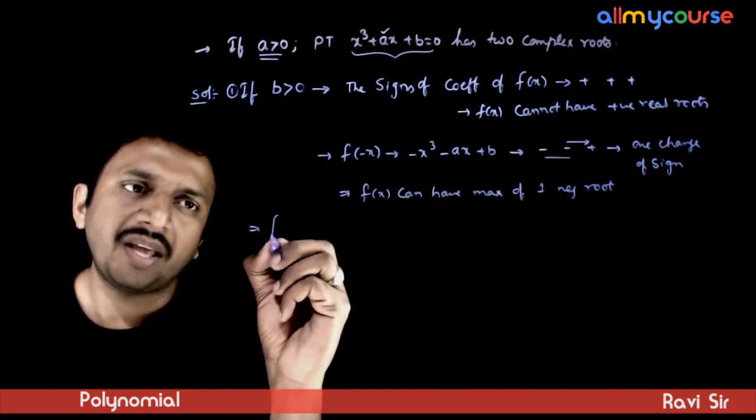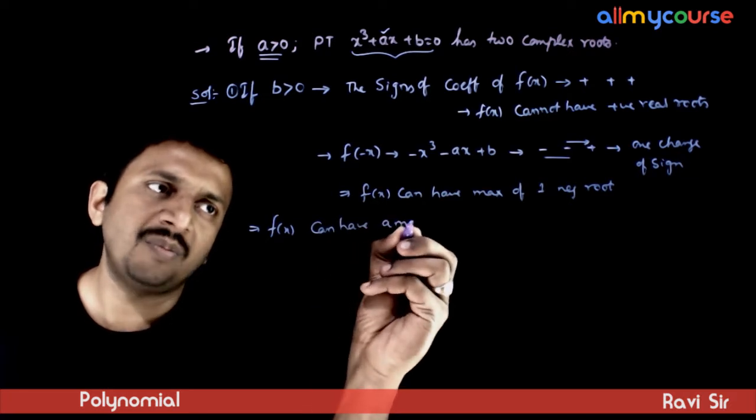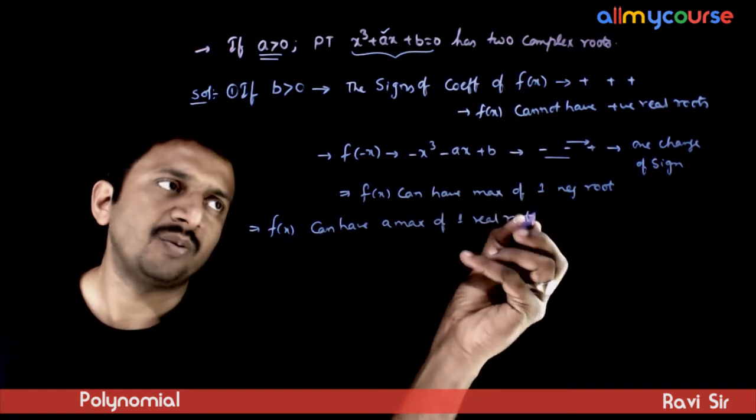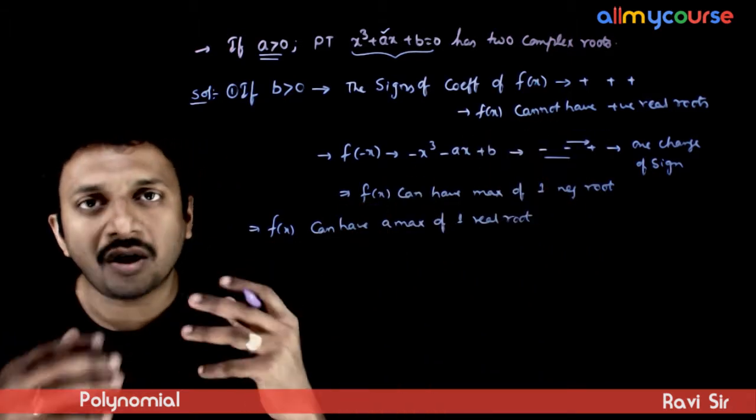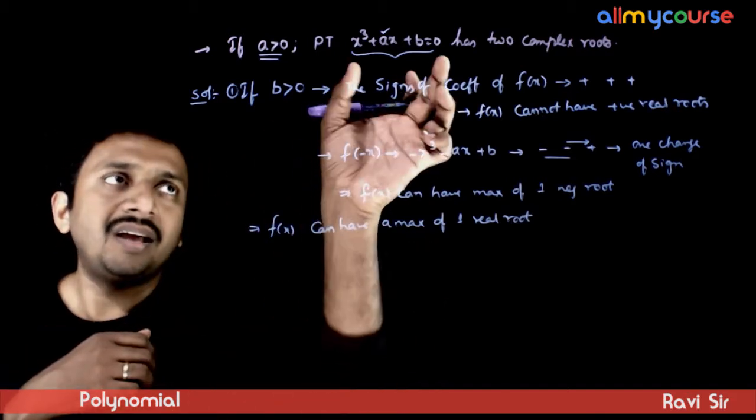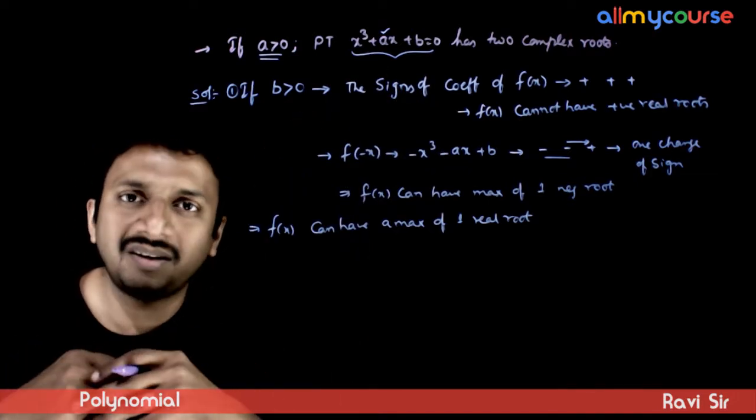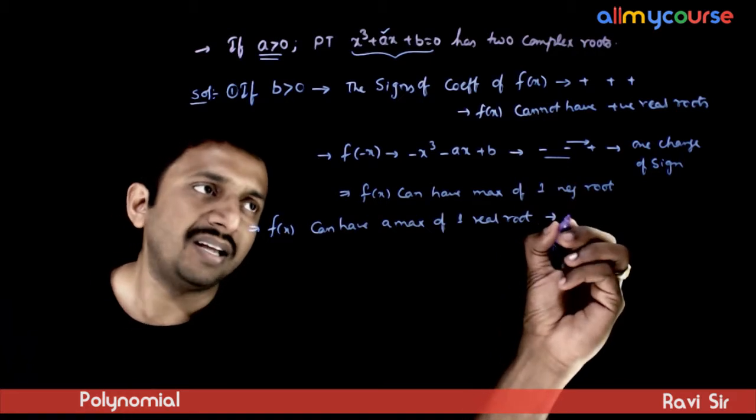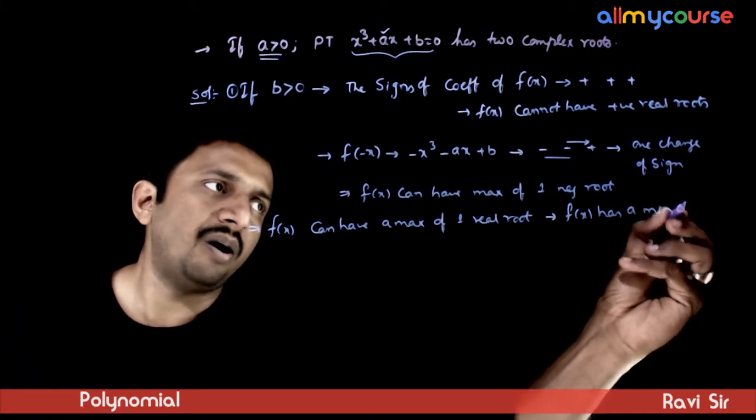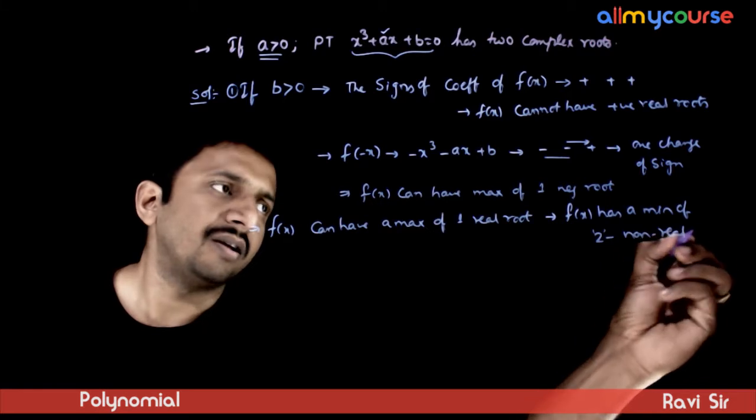This implies f of x can have a maximum of one real root. So positive roots and negative roots constitute all real roots. So it can have a maximum of only one real root. But in total, this equation has 3 roots. So what should the remaining 2 roots be? So this implies f of x has a minimum of 2 non-real complex